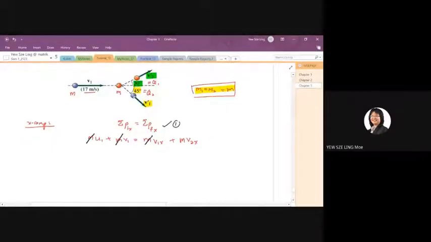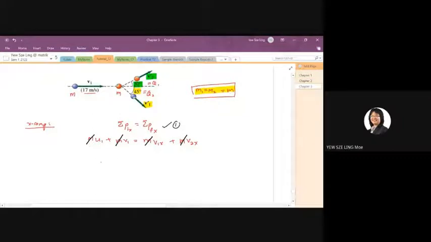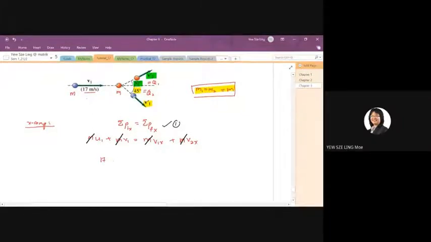Now you have M on every term, they all have the same value, therefore you can cancel it out. The next line would be 17 meters per second plus V1, which is at rest, 0, equals